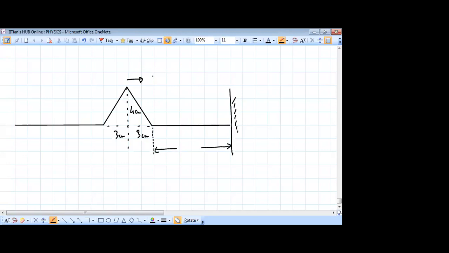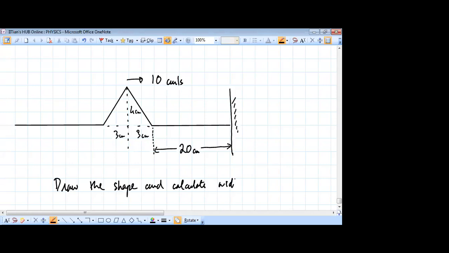Let's make this 10 centimeters per second. And let us say that this distance is 20 centimeters. So draw the shape and calculate the width and height of the pulse